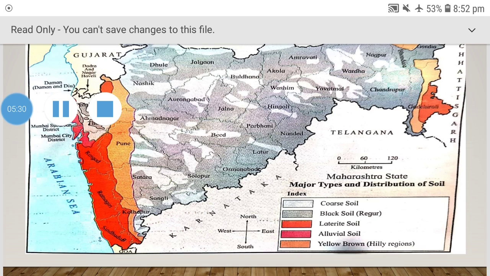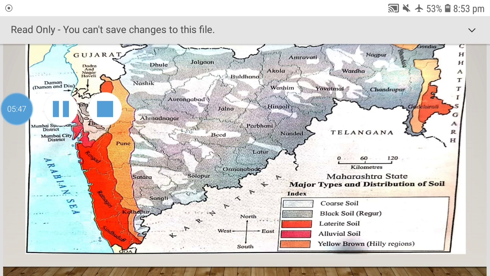So laterite soils are found where? Coastal belt of Konkan areas, which is towards the west. Check your direction, which is next to your index. Check the direction: north, south, east, west. In the west, where you can see the water, the Arabian Sea, that area